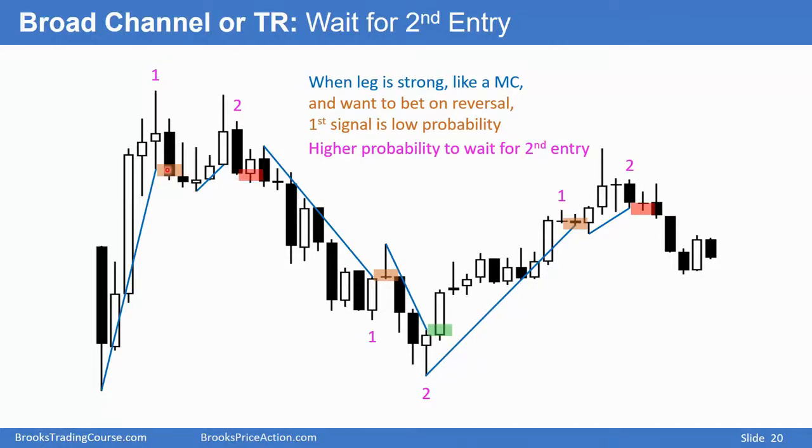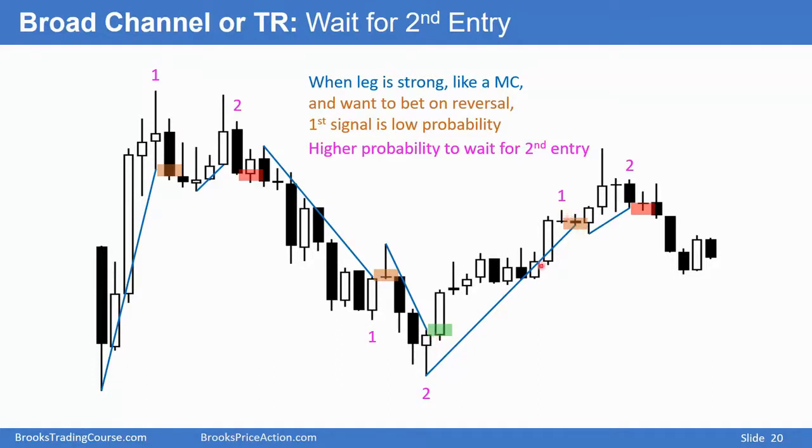This is probably a buy. This is a sell. On the reversal up, we tried to bottom here, a decent looking bull bar, and we have a micro double bottom, down, up, down, up. It failed. And now we have a consecutive bottom attempt. This is a higher probability buy.